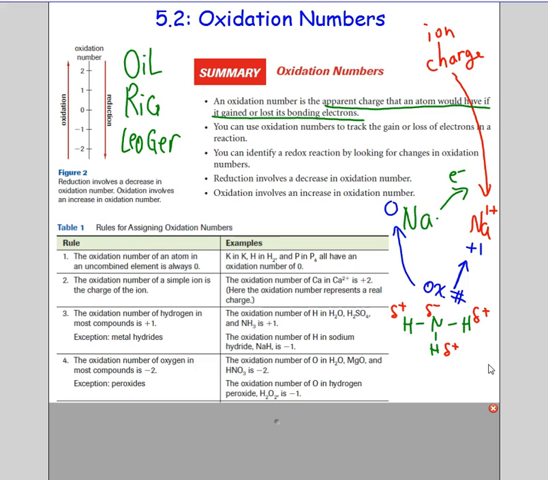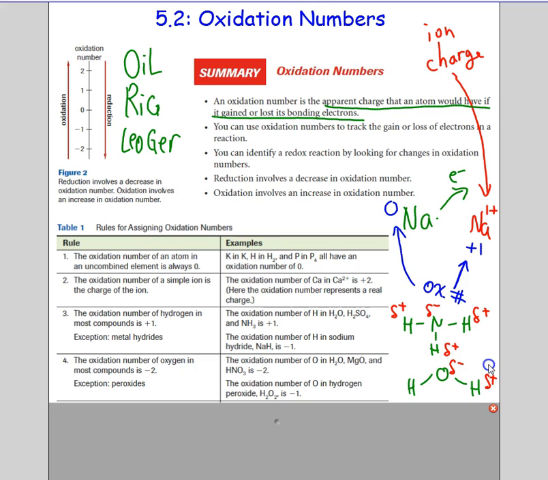So in the case of the water molecule H2O, we would have oxygen bonded to two hydrogens. What would happen if oxygen gained its bonding electrons? Well, it's more electronegative than hydrogen, so it would, we could say, steal those bonding electrons from each of the hydrogen atoms, and it would have a charge of -2. Now that's not what happens in the water molecule. They're neutral molecules. There are no ions